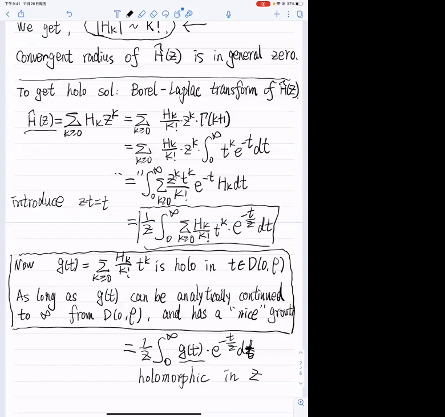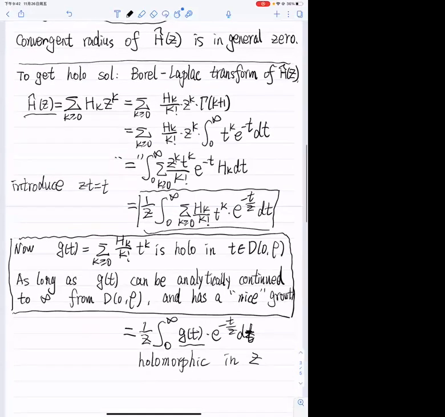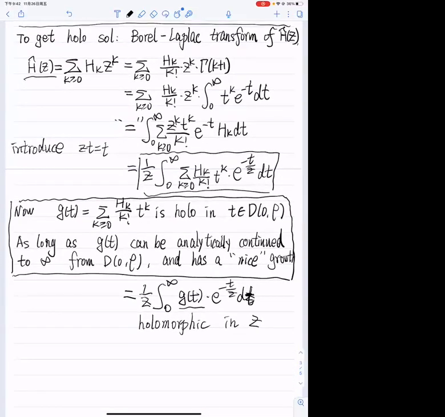So this is the basic idea of the Borel-Laplace transform. It works for any formal power series of Gevrey order 1, like in our case, which means the coefficients of the power series have k factorial growth. Then we can use this method to try to get a convergent sum out of the formal sum. Okay. I hope that this page already shows the basic idea, and